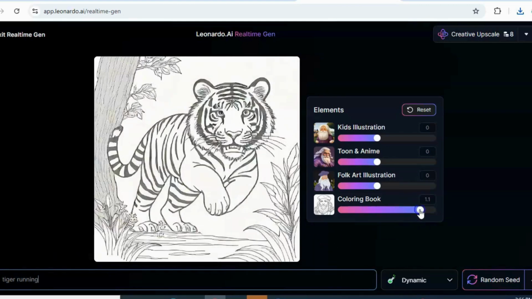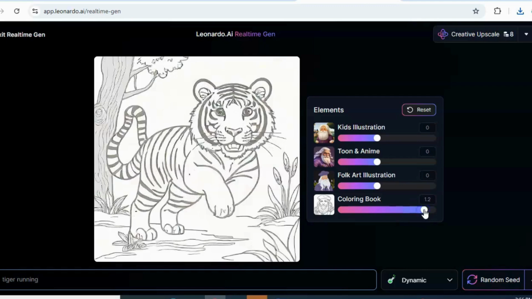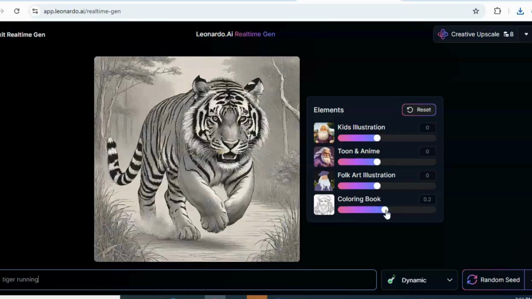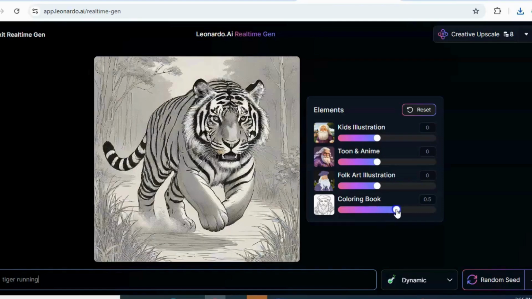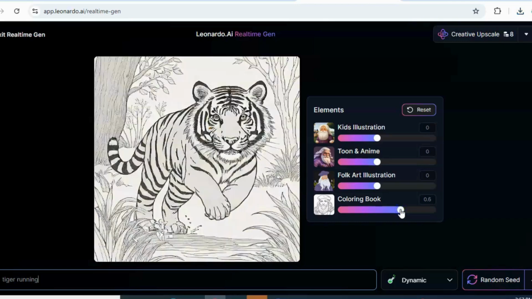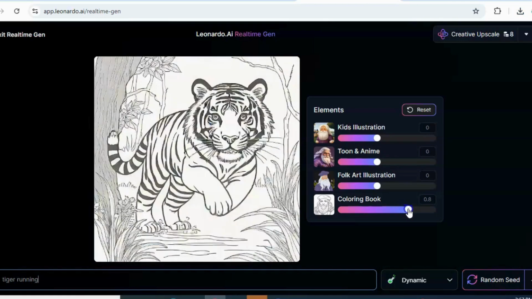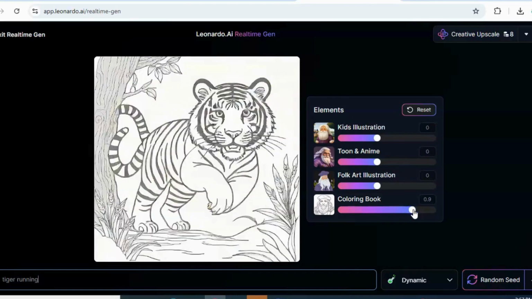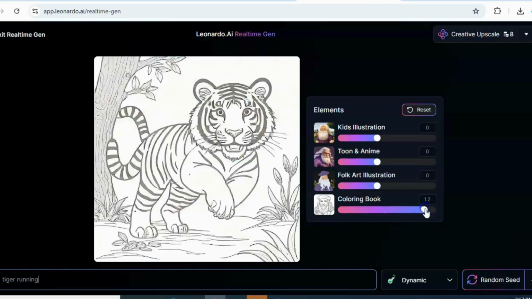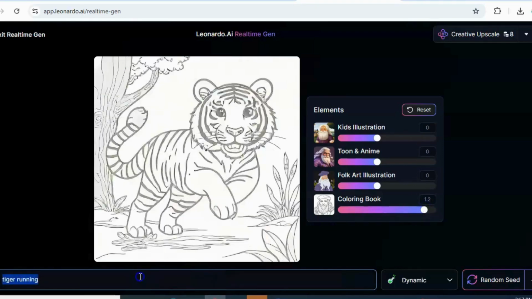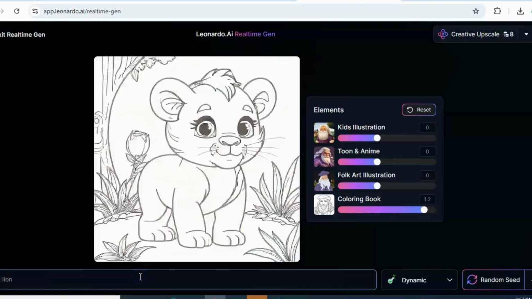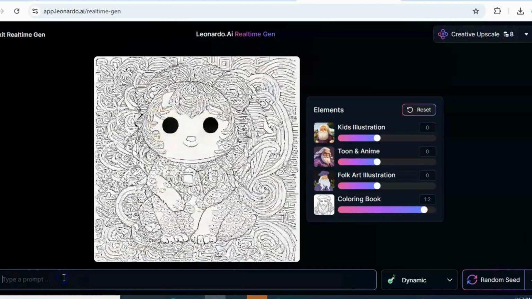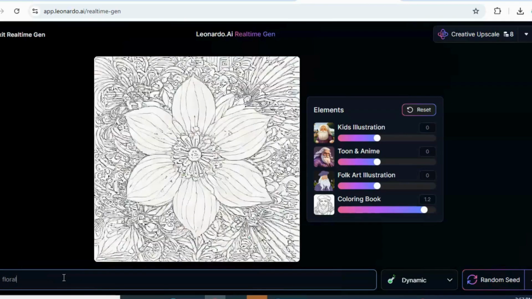You see, we are adjusting it slowly until we get our desired image. There are so many things that you can do here with real-time gen. Also, you can choose for floral garden,